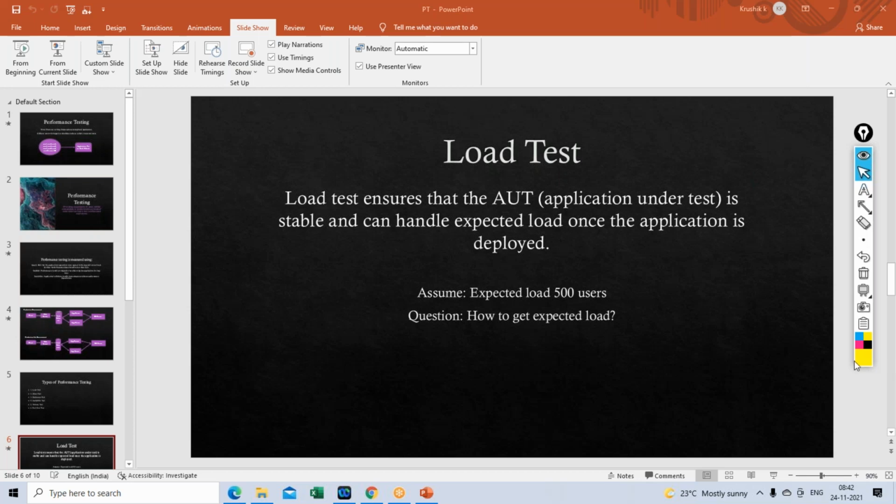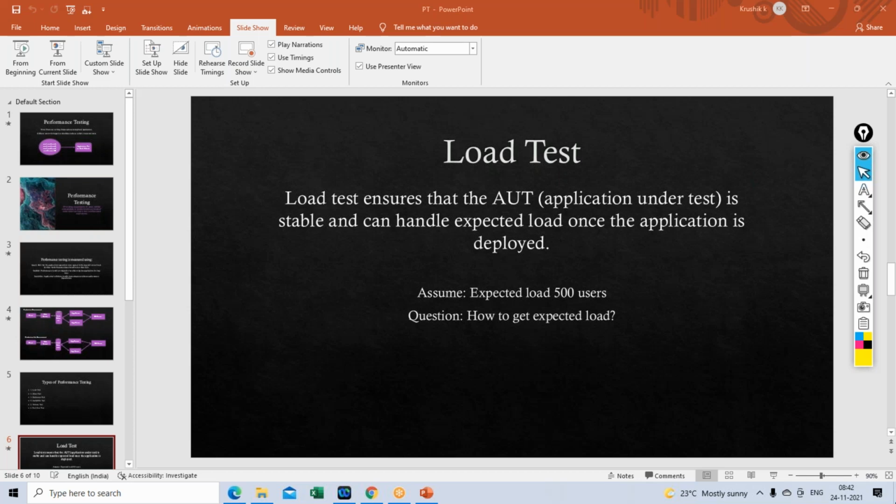That means when the requirements are being gathered for the project, for that release or for that cycle, we will be involved from that phase. Or in some projects, how it works is, when the development is almost complete and the application is stable, the application team or the development team reaches out to our performance testing team.